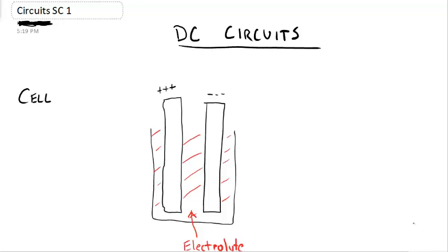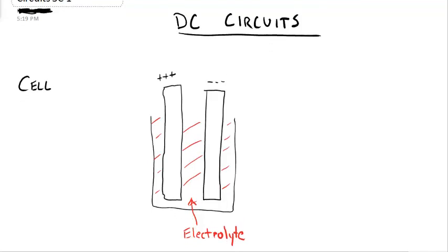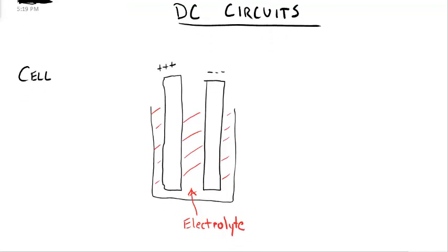So the first part that we look at when we handle circuits is we're going to start with a cell. And a cell is what provides the energy for a circuit, or the current. And so this current can be something like this. This is a very basic view of a cell. So imagine a beaker with two different types of metals in it. One metal is a material that gives up electrons easily, and the other one grabs electrons easier. And between them, you have